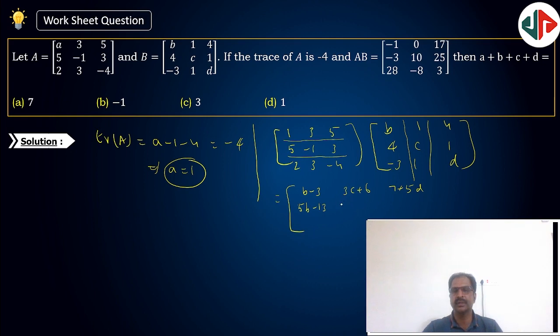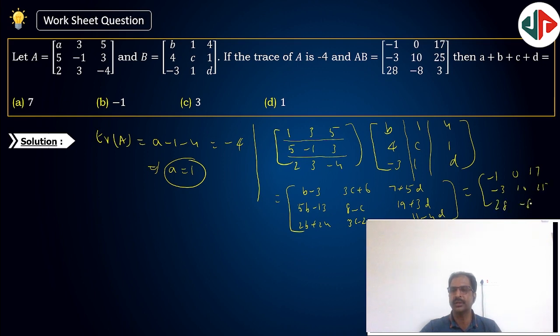Next, 5 minus c plus 3, 8 minus c. 20 minus 1, 19 plus 3d. 2b plus 12 plus 12, 2b plus 24. 2 plus 3c minus 4, 3c minus 2. And the last one, 8 plus 3, 11 minus 4. This is matrix A into B, which is given as [minus 1 0 17; minus 3 10 25;